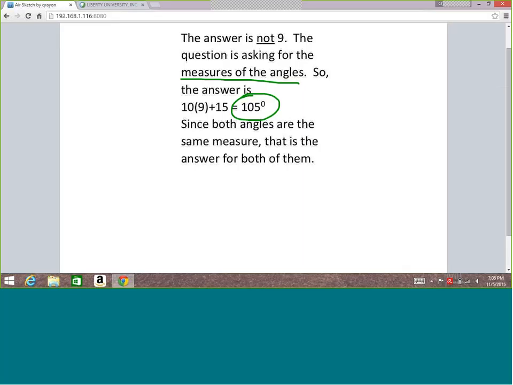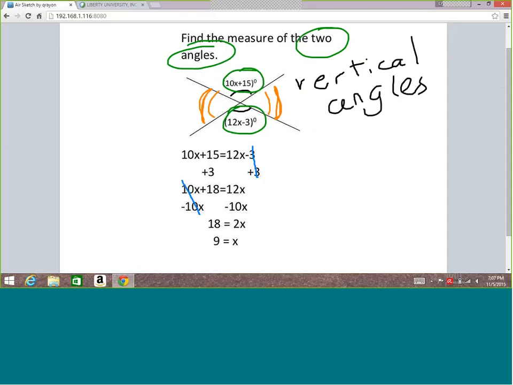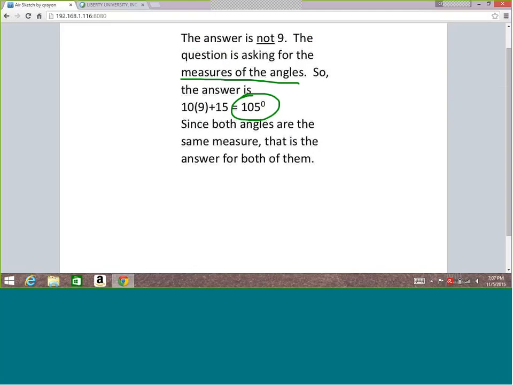So that's using the vertical angle relationship, that the angles across from each other are going to be the same. And just to mention again, these angles in orange that I marked are also equal to each other. So anytime you have intersecting lines, you have this vertical angle relationship. Okay, so next we're going to look at a different